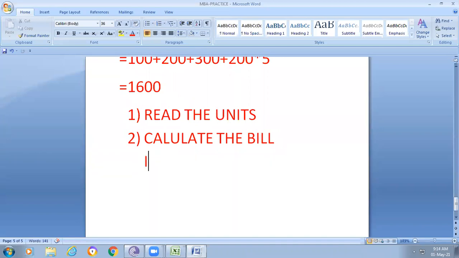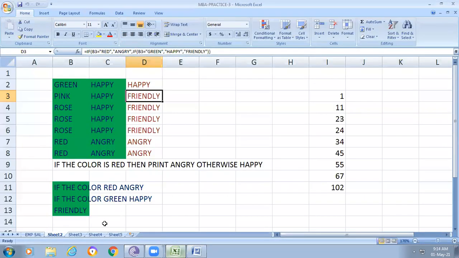For example, here I am using equal to IF. This is also an example for IF. I hope all of the members are able to understand.